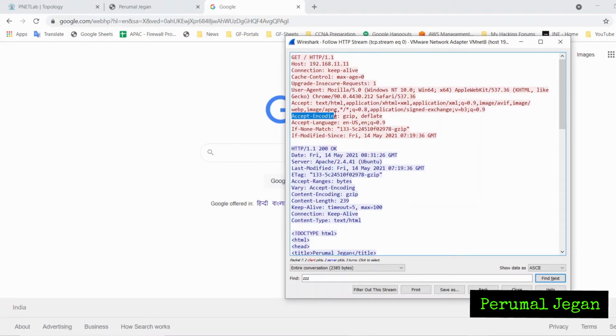And the next one is accept encoding, through which the web browser informs the web server about the encoding methods it supports. And accept language, similarly, informs the compatible language. The web browser expects the content in US English, so that is what it informs in this parameter. And of course, this is the request generated time.